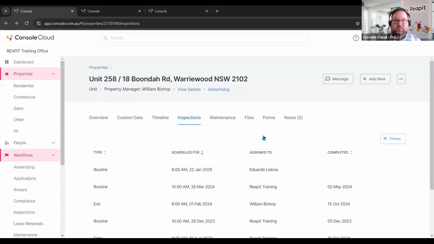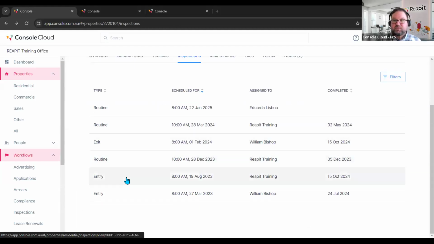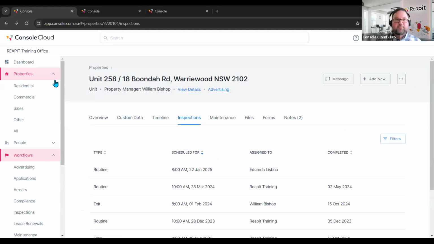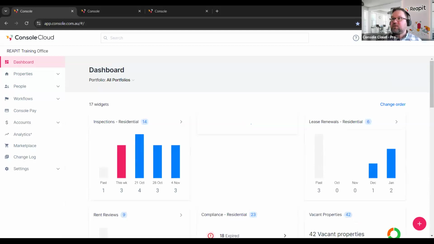So let's take this one here as an example. Entry and exit inspections in here, and if you wanted to refer to photos that you took in the entry or the exit for whatever reason, you'd be able to drill into that, you'd be able to find those photos there. With that said, that was everything we had